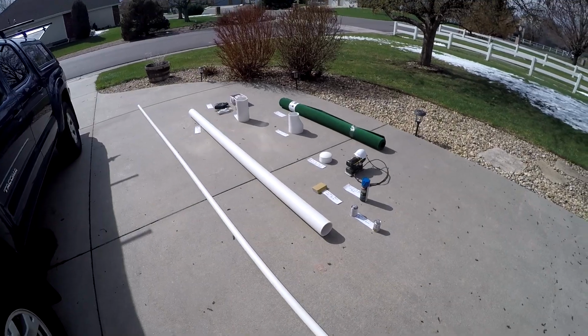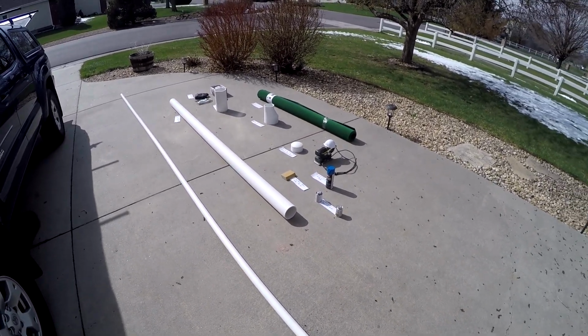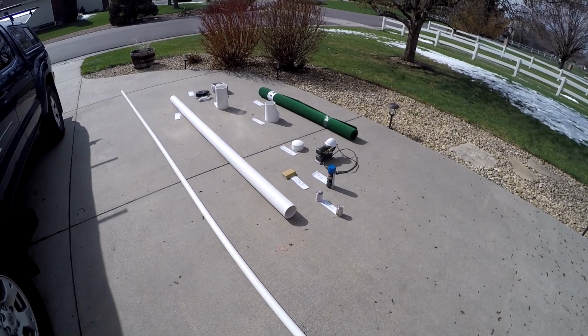So what we'll do, we will go through the pieces. I'll tell you how much I spent on them. I'll tell you where I got them. We'll look at how to assemble it, and we'll talk about some ways that you can modify it and maybe save a few bucks on your own. So let's get started. Okay, so here are the various pieces that you will need in order to make your